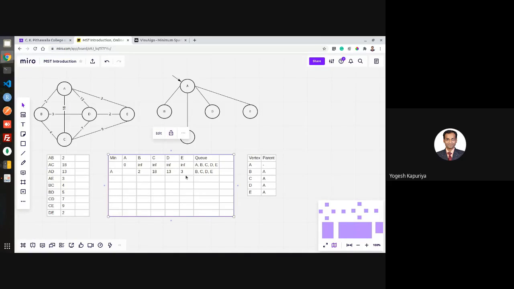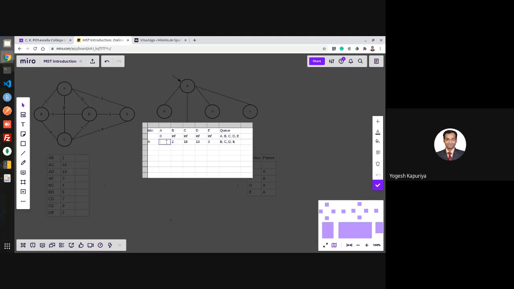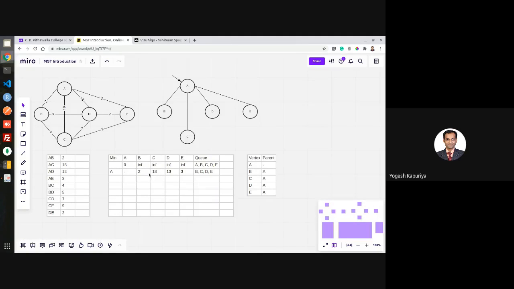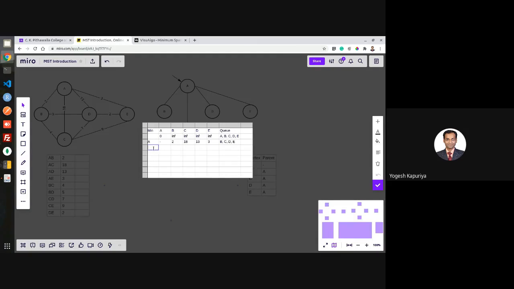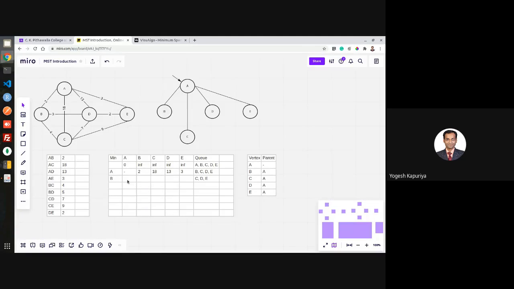So the next will be the next step. Once again, you will look at these 4 values. Now A has been extracted, so dash. So you will look at these 4 values, 2, 18, 13 and 3. Which one is minimum? It's B. So next you will extract B. Q will be changed to C, D and E. Again, you have to check the endpoints of B. Actually, there are 3: AB, BC and BD.